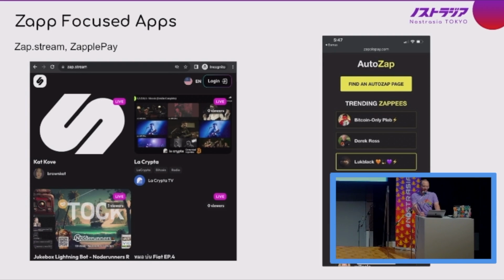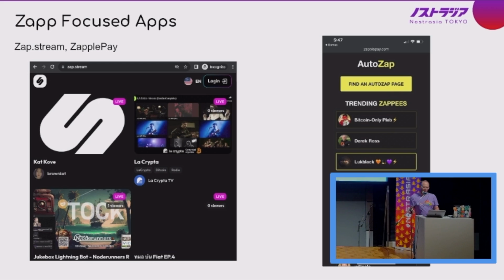So let's start talking a little more about the apps. Since we were just talking about zaps, we'll talk about some of the zap apps. So there's Zapstream. Kieran created Zapstream. And it's basically a streaming service, right? Something like YouTube, but YouTube, I guess, they have streaming, it's not all streaming. But this is a live streaming service. It allows people to comment on the streams, stream what they want, and zap people for that stream. So if you really like what they're live streaming, you can zap them.